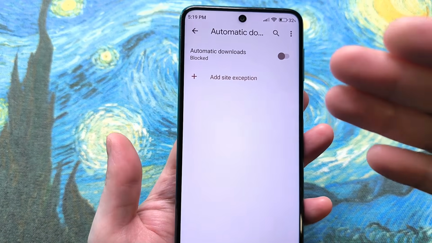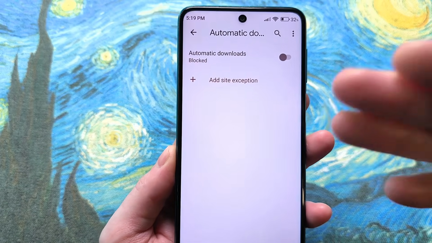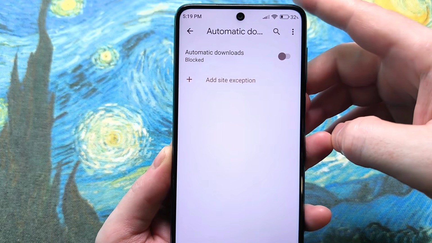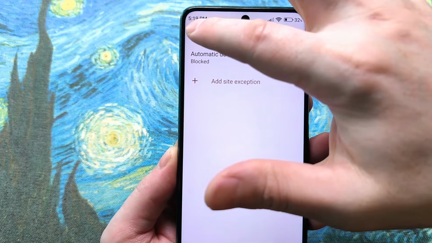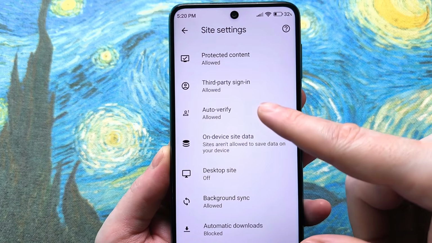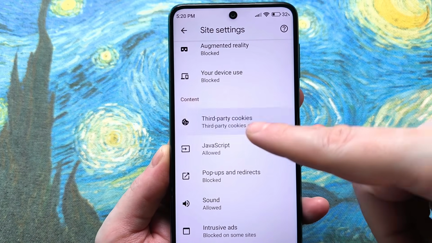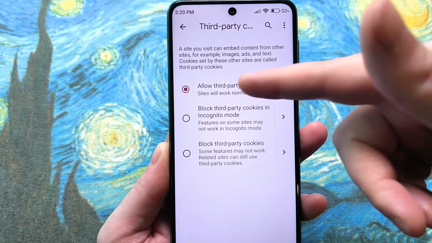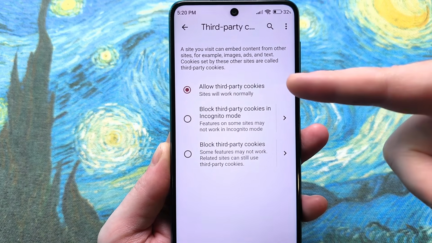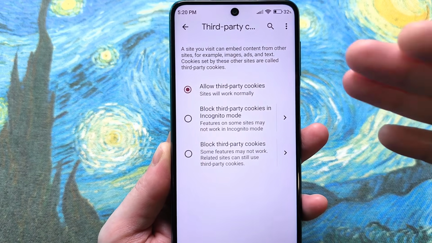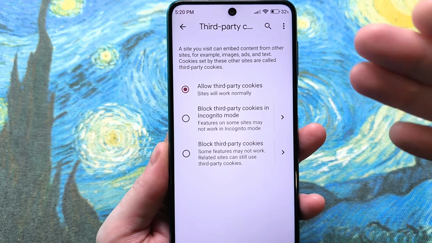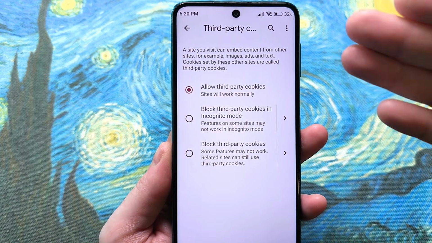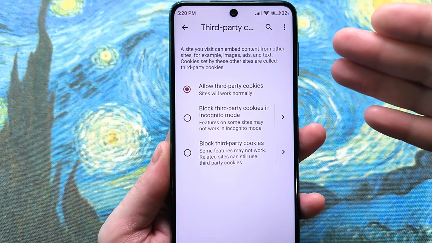I'll show you some other important information that will not only help you save memory, but also increase your privacy on your device. Use the back arrow to go back. Here you'll find third-party cookies. Click here. And most likely on almost every phone, you'll have permission to allow the use of third-party cookies. Websites will function normally. Well, it seems like there's nothing to worry about, yes. But by doing so, you're allowing absolutely any website to access absolutely all the information on your smartphone, or basically